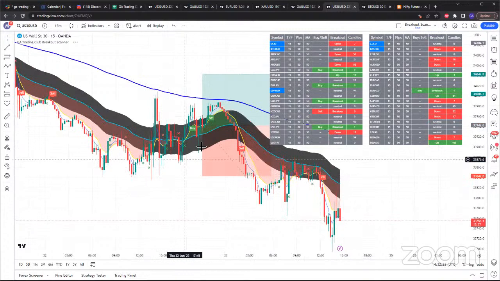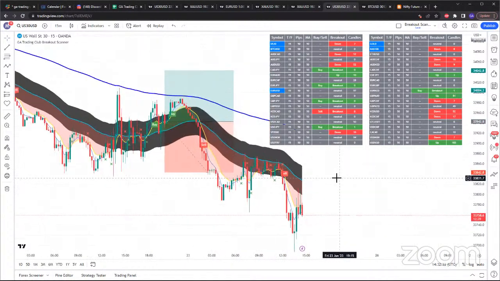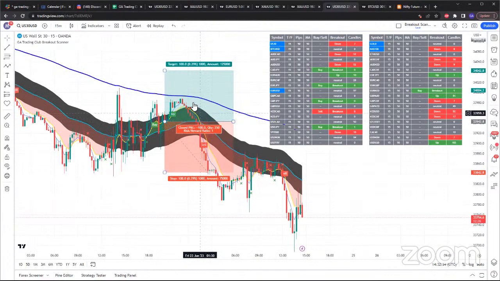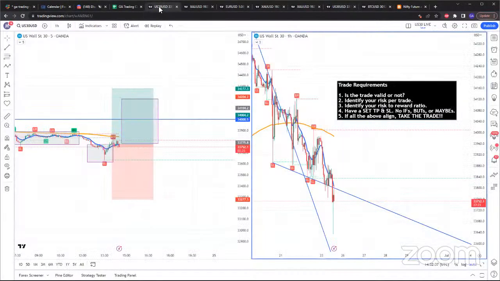US 30 was forming higher highs, but of course, in Asia, I was aware of that risk, they just manipulated price to the downside. So so long as you're not FOMOing into trades, the other part you're working on, just waiting for that perfect entry, it will come. Yeah, so that's good.